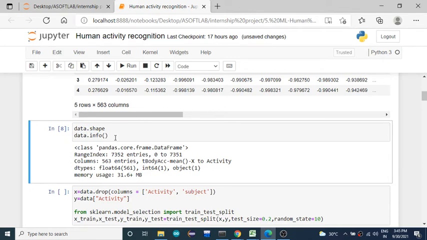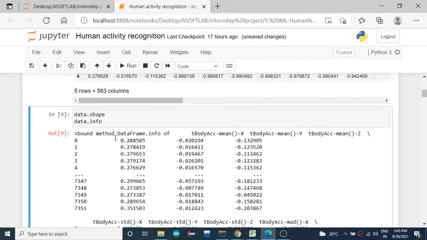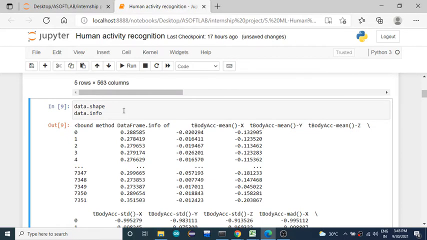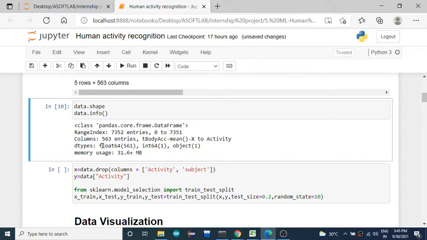Data.info will give you information about what features it has and how many samples, and what data types they are in. All the data types will be floating point values, and just one column will be an int value and one will be an object, which is a string. That is the output.